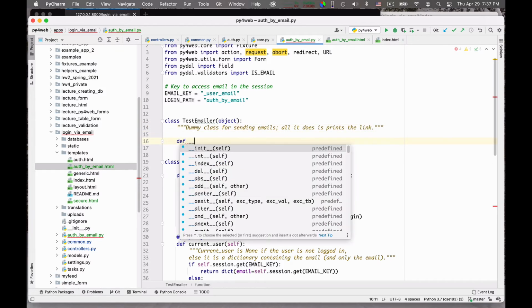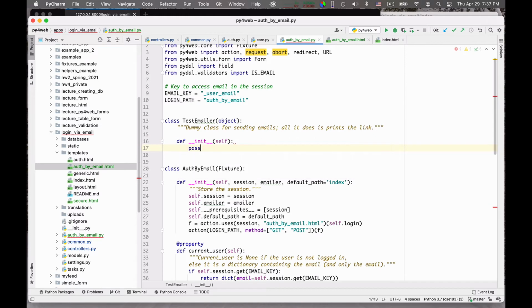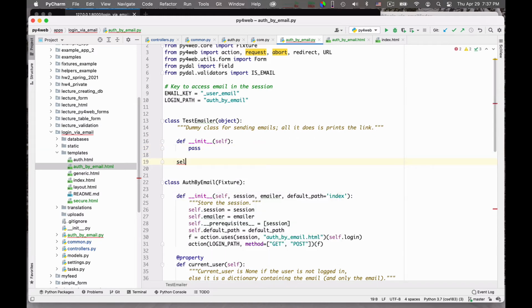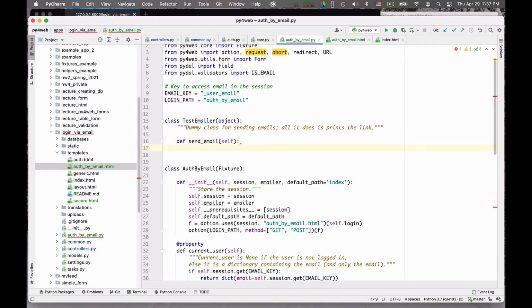So def __init__(self), pass is a bit stupid, and the real method is def send_email(self). What I really do when you send an email is print the link.